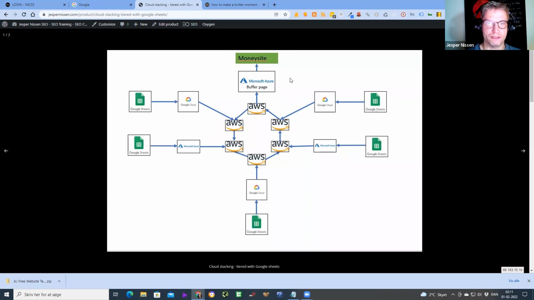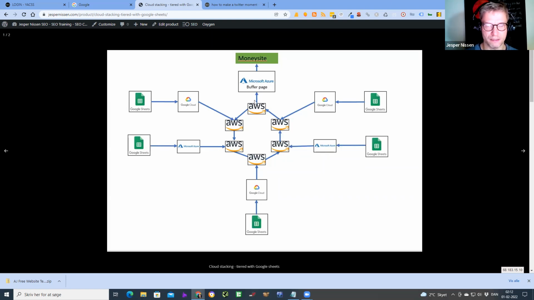This is quite an advanced diagram, and the reason I created it like this is because I want the minimum amount of links pointing to my money site from my cloud pages. I want the minimum amount of links for two reasons. One reason, I don't want it to look spammy in the eyes of Google. I never encountered any penalty from this, but still, better safe than sorry. So that's one thing.